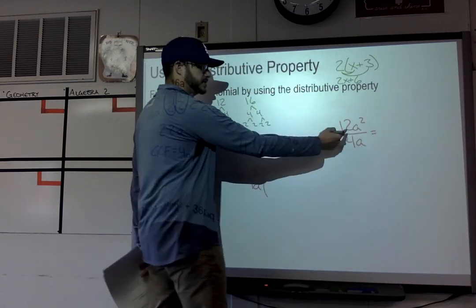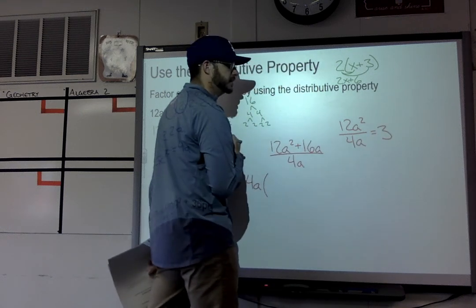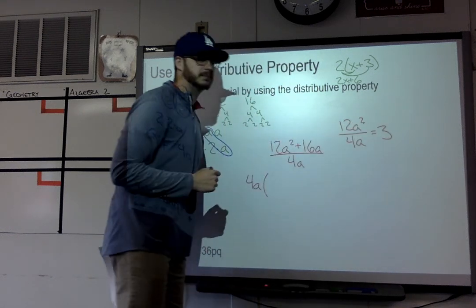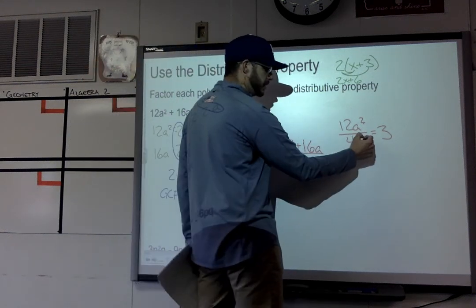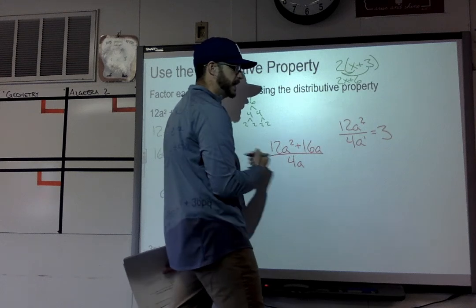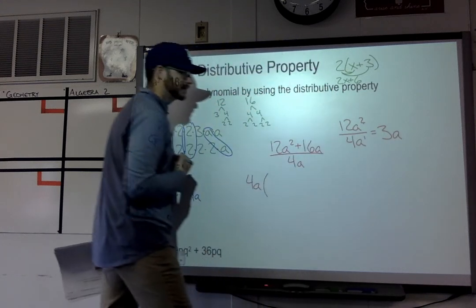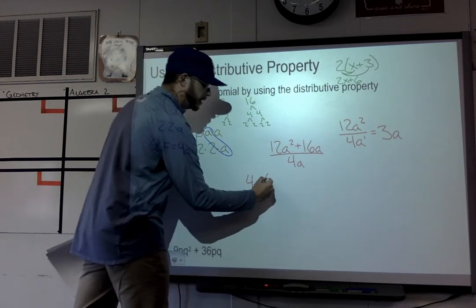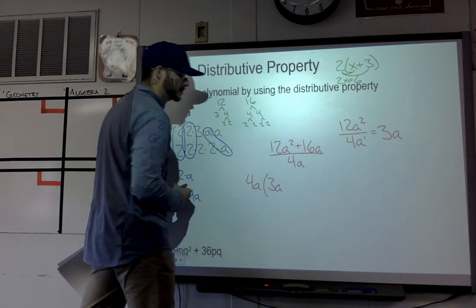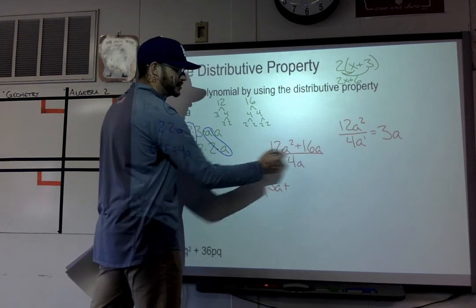first you're going to pay attention to the numbers. 12 divided by 4 gives us 3. A squared divided by a, remember when you divide exponents, you're subtracting. This is really a to the first power. So a squared divided by a gives us a. So for that 12a squared divided by 4a, we're left with 3a, plus, we've got our addition right there,